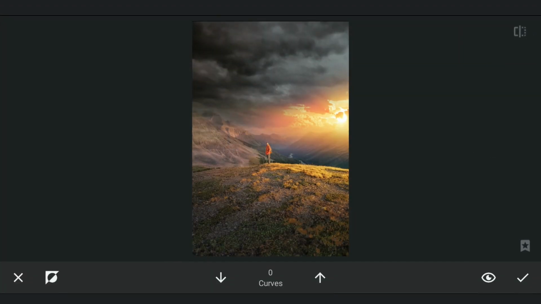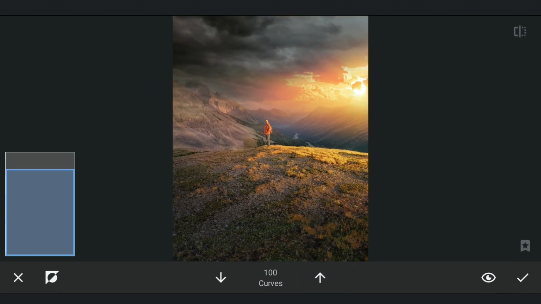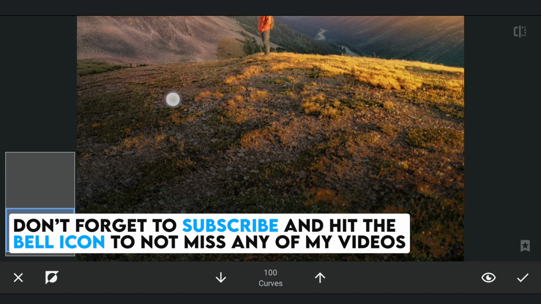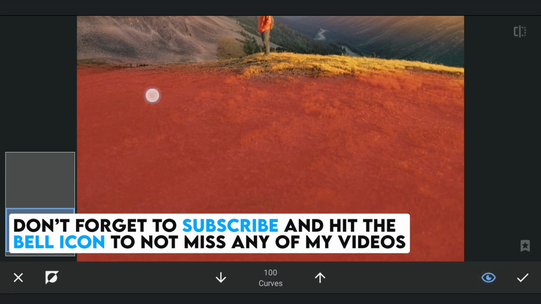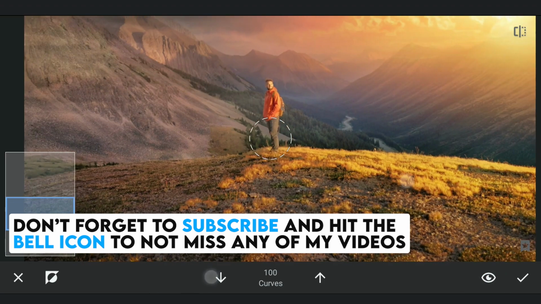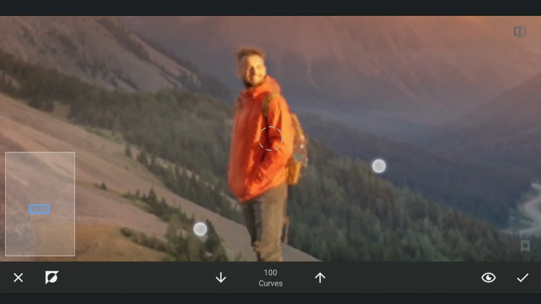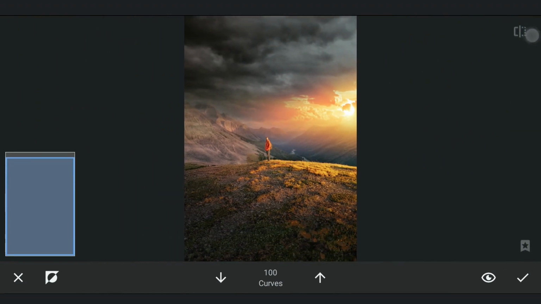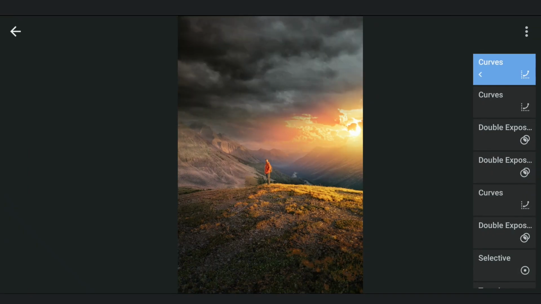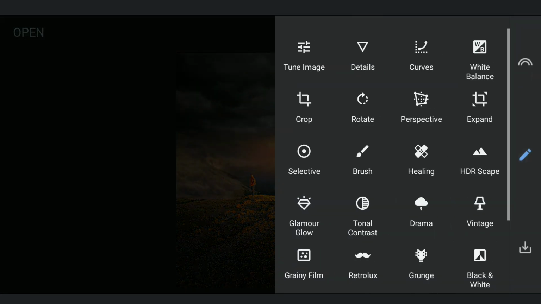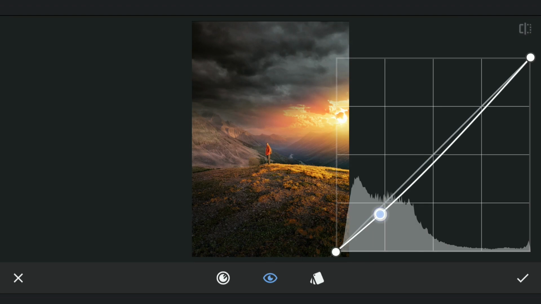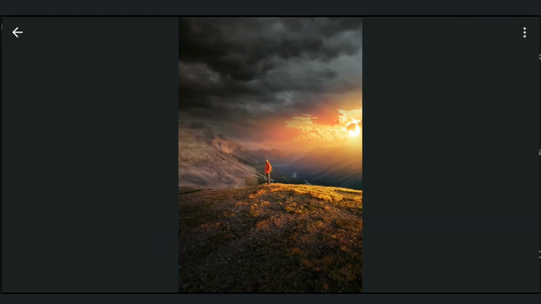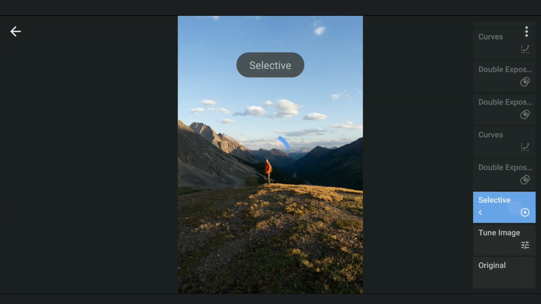We'll be applying this only on the foreground, including the subject. Tuning the overall contrast. After these edits, moving the image to Lightroom for some finishing touches.